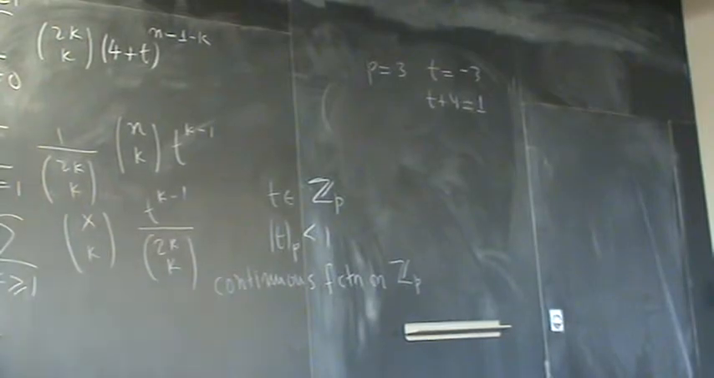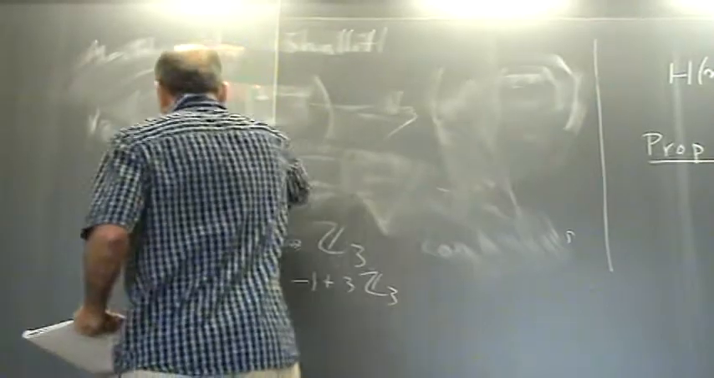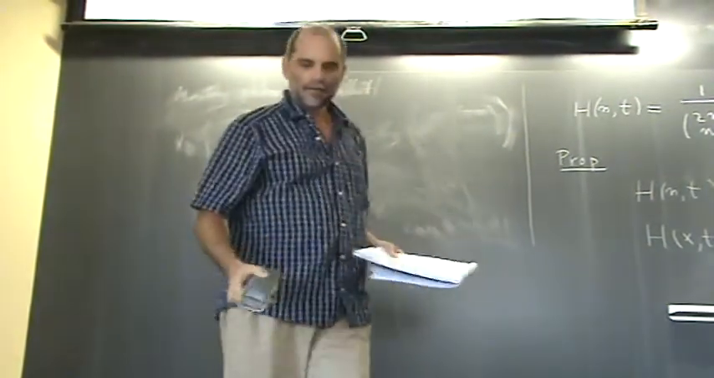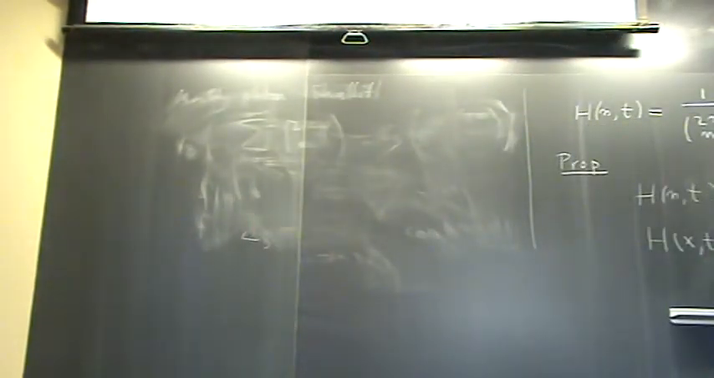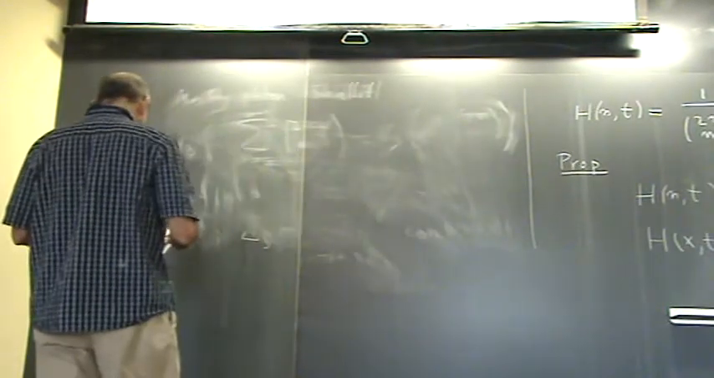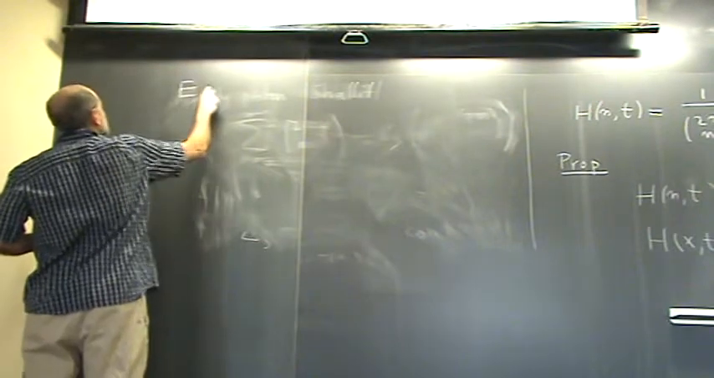So to delve into this a little more carefully, we need to study the evaluations of these coefficients, 2k choose k here, which are dividing. So if we expand as a formal power series,